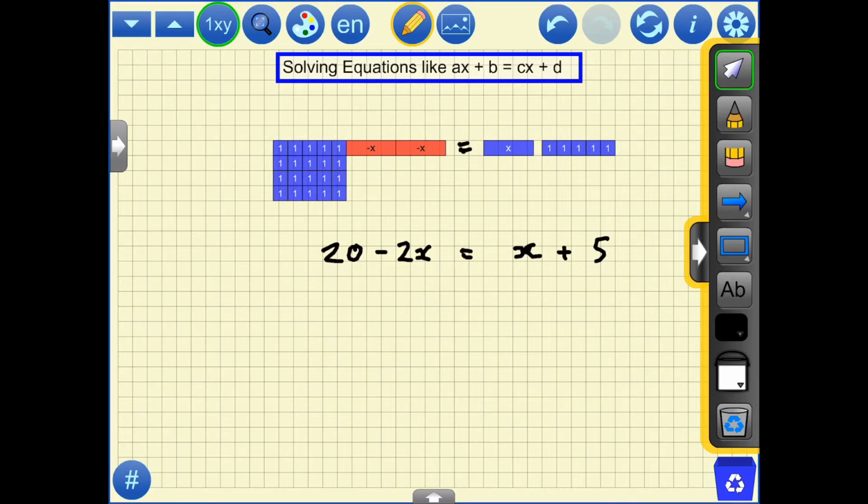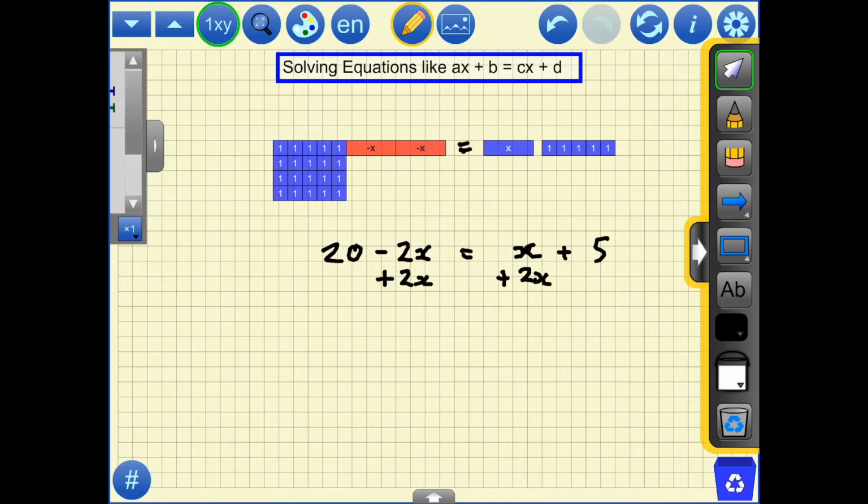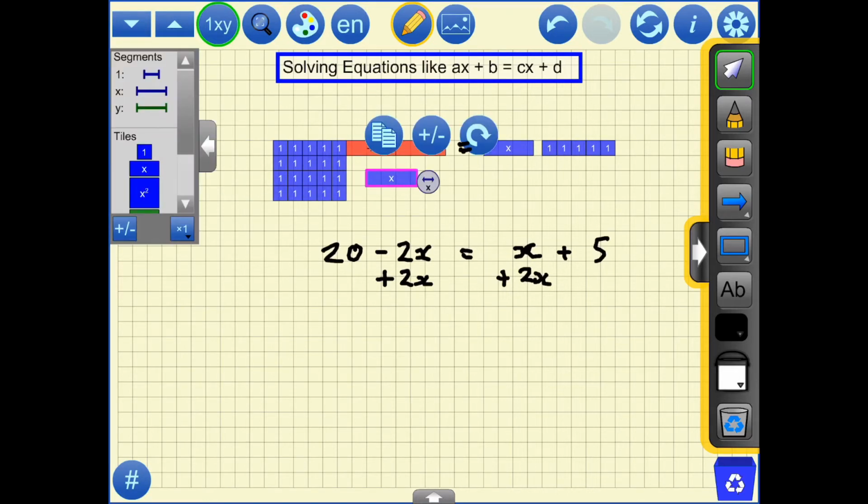So I have to think, what is the opposite of subtracting 2x? Well, the opposite of subtracting 2 is adding 2. So the opposite of subtracting 2x is adding 2x. Algebraically, I would add 2x to both sides to keep things balanced. But what does that look like visually? Well, let's add 2 x's to both sides